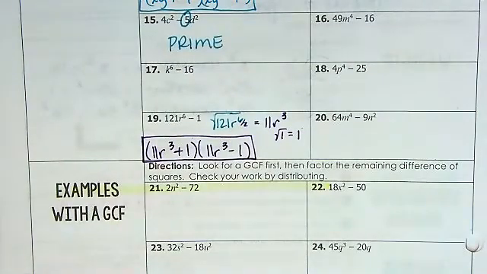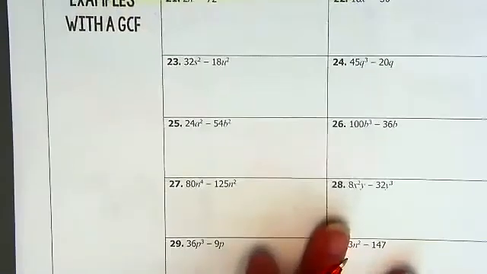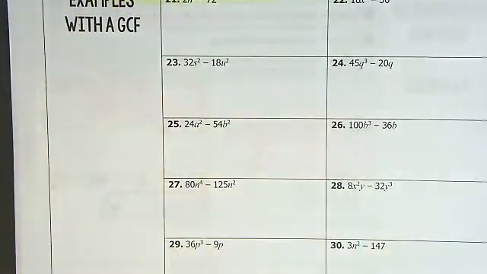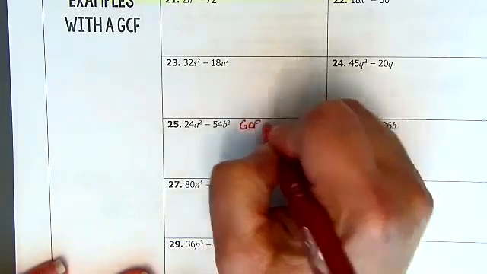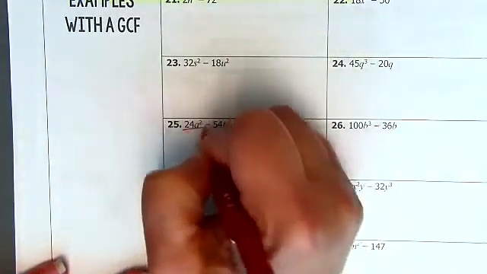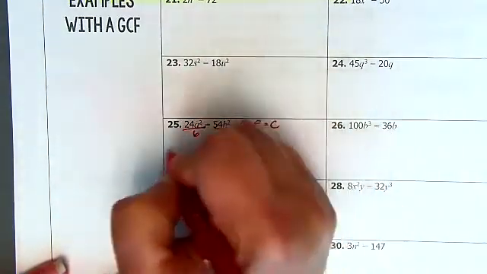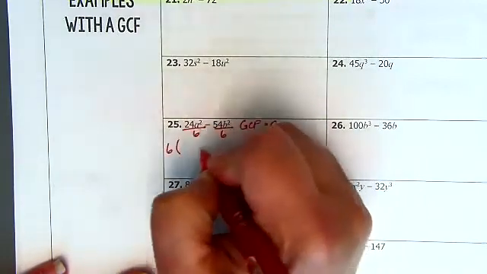Okay, now we're going to combine what we learned yesterday with what we learned today. And we have to first look for a GCF. So we're going to jump down to 25. I don't know whether 24 goes into 54. I don't think so. So what's my next biggest number? Well, 6 goes into 24 and it goes into 54. So therefore, my GCF is 6. So I'm going to take my 6 out. I'm going to divide each by 6. And I end up with 6, open bracket,